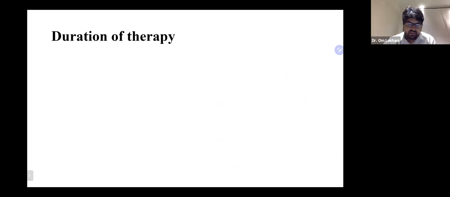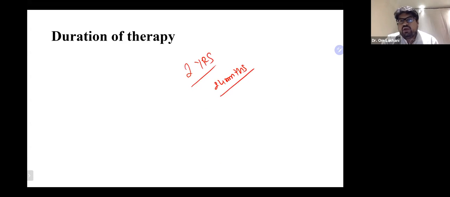The duration of therapy, I think orthopedic surgeons also need to understand this. The total duration of treatment for Teriparatide is 2 years or 24 months. So when you prescribe Teriparatide, don't prescribe it for 3 months. We often see off-label use of Teriparatide for 3 months, 4 months, 6 months, till the fracture healing occurs. This is completely off-label use. If you're treating this patient for osteoporosis, the duration of treatment of Teriparatide is 24 months. You have to use it for 2 years.